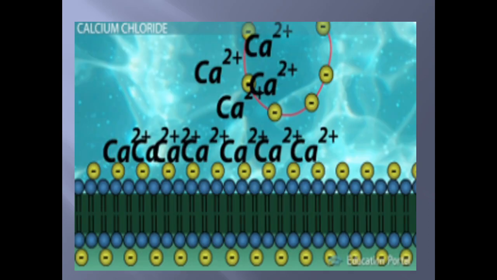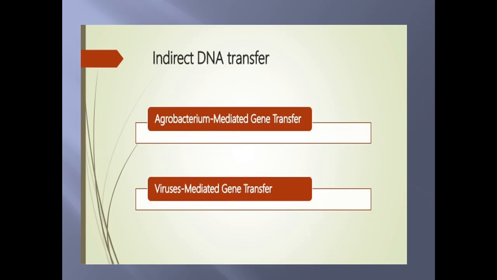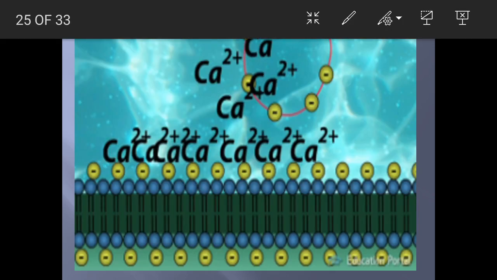That means totally, in the test tube you need to take the host or the bacterial cell, plus you are adding the calcium phosphate or calcium chloride solution, plus you are adding your gene of interest which you want to transfer. So totally 3 components you need to take, and you need to incubate it at a temperature of about 42 degrees